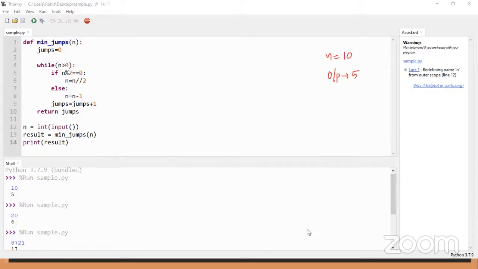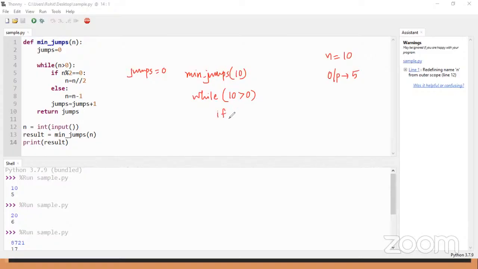Okay, great. So now see how the dry run works. When you call the function minimum jumps with the value 10, initially my jump variable is 0. Then you check the while condition. According to the while, n value is 10, so 10 is greater than 0, which is true.